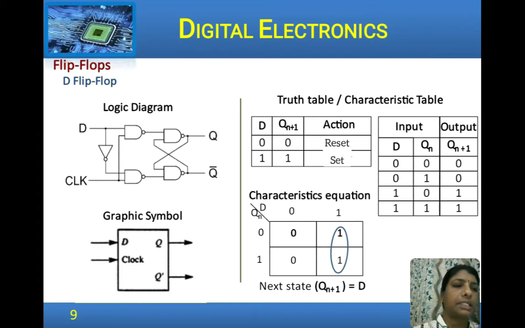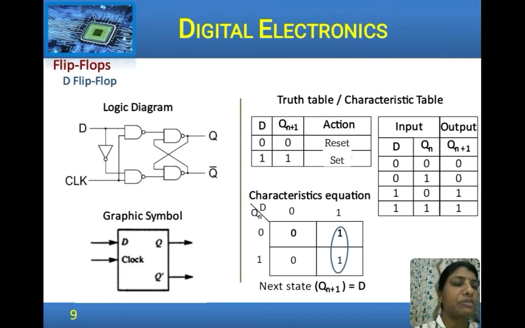So, this is derived from the SR flip-flop, because we already know how an SR flip-flop functions. When the input D is 0, that means to an SR flip-flop the S gets a 0 and the R input gets a 1, the complemented input. So, 0, 1 in an SR flip-flop, the output is reset, irrespective of whatever was the previous value. Similarly, when D is given 1, when we give 1 to S, the complement is given to R, that is 0. So, in an SR flip-flop 1 and a 0, the output is set. So, the next state is 1 irrespective of the previous state.